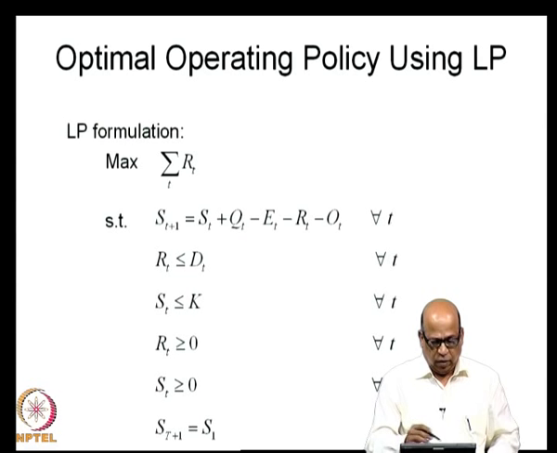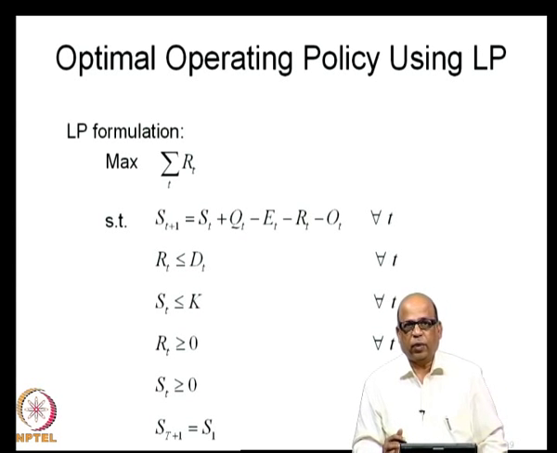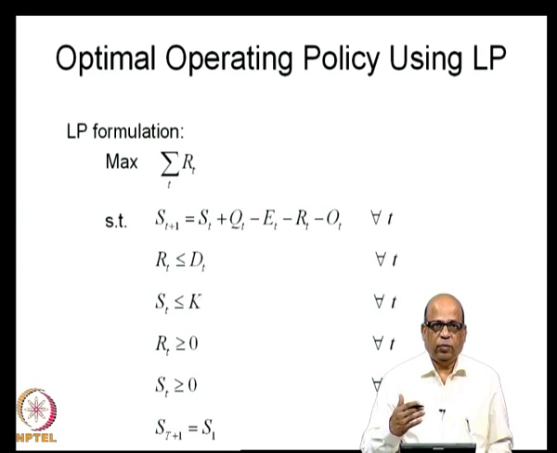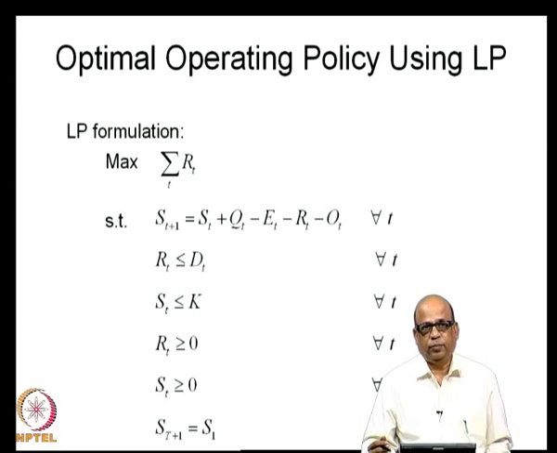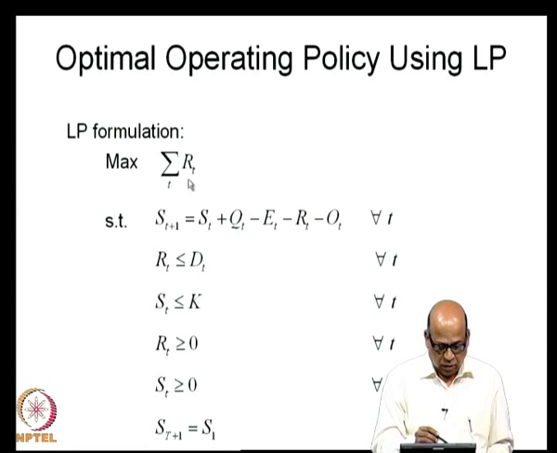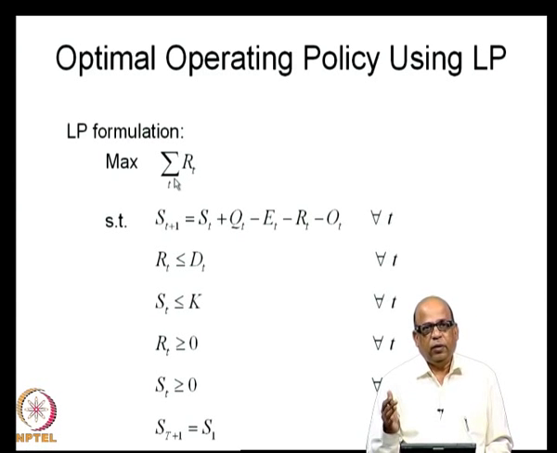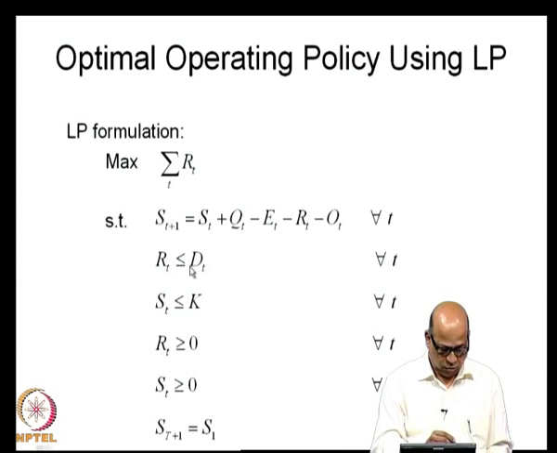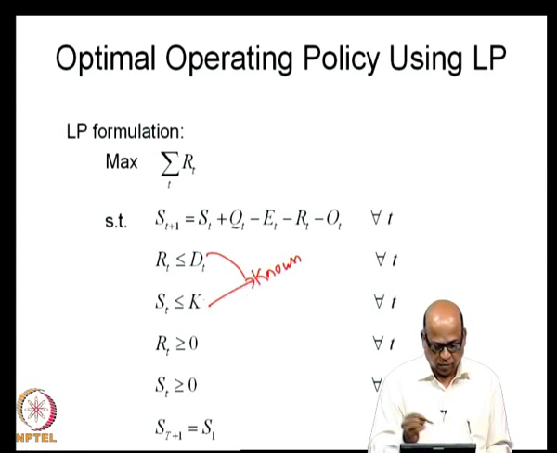Okay, we will look at one of the simplest optimization problems, where we are deciding on the release policies. There is a certain demand pattern or demand sequence that is known. So, you have dt, which is the demand, this is known, and the capacity is known, that is, the reservoir capacity is known.